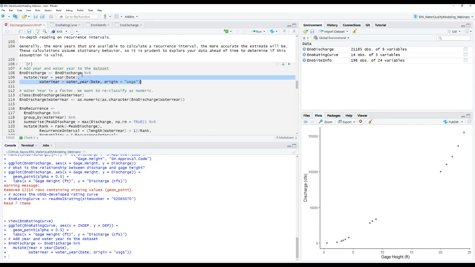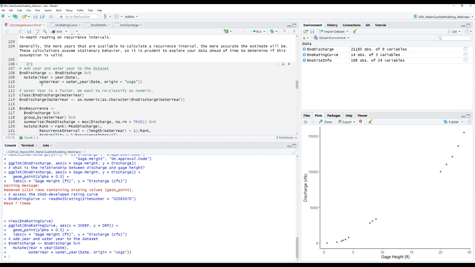So I will just revert this back. I'm going to be working from water year. Again, if you just want to use the term year from the lubridate package to work through that this time, you should get very similar output, and then work through that issue at another time.